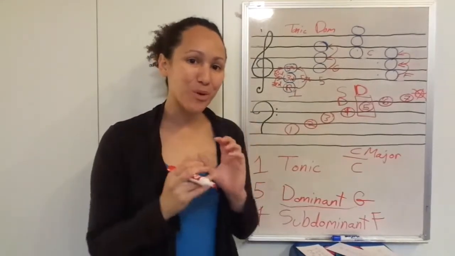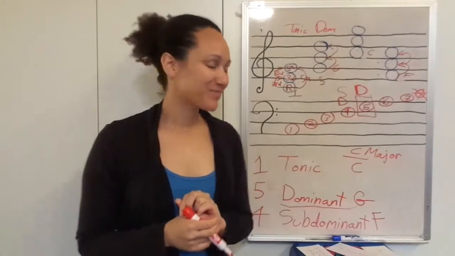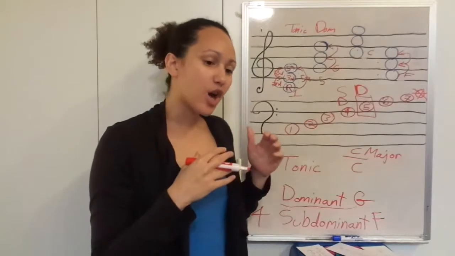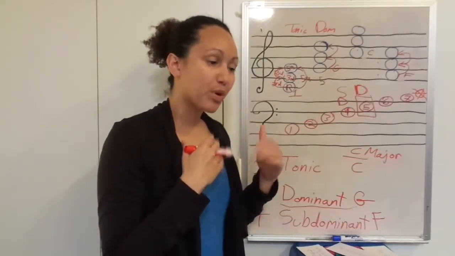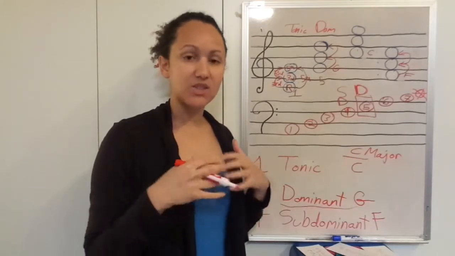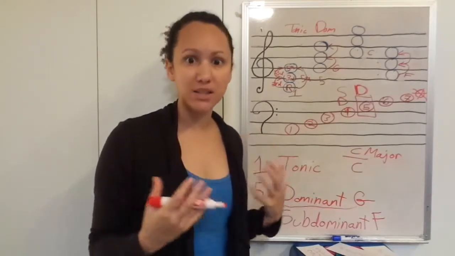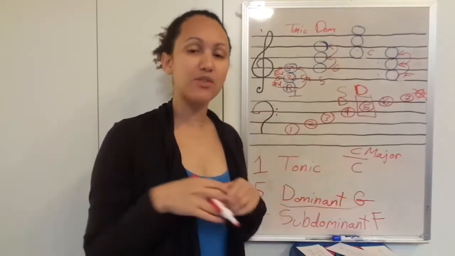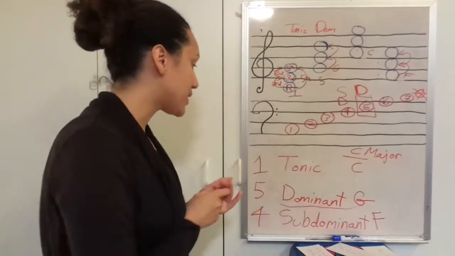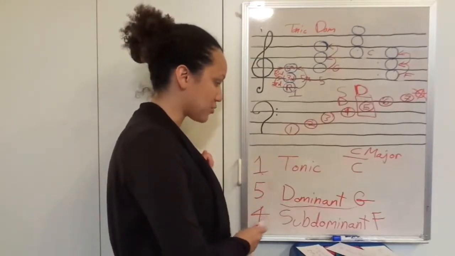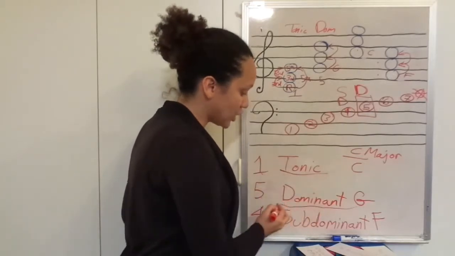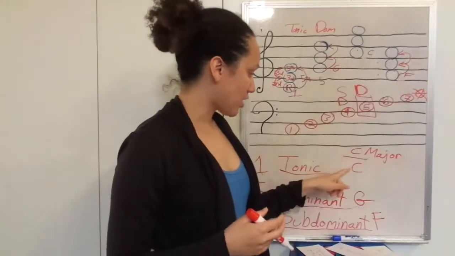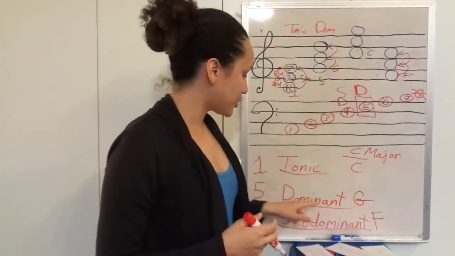All right, one more thing. Actually, 2 more things. These chords have a special name. They go by a term called primary. Primary just means the most common or the most abundant chords. The other one would be secondary. So we have a group of chords in primary and we have a group of chords in secondary. The primary chords are the 1 chord, the 4 chord, and the 5 chord. And they are called the tonic, the dominant, and the subdominant. In the key of C major, they are the C for the tonic, the G for the dominant, and the